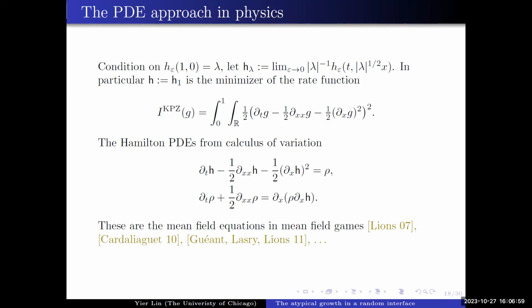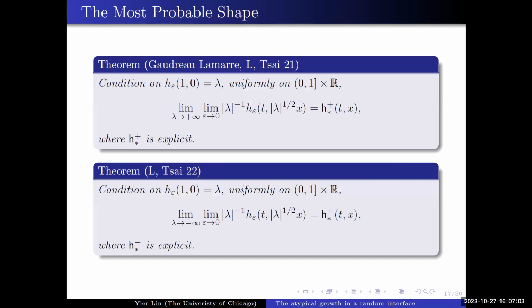Oh, by the way, in the previous slide you have the two limits, yes? Right. So can you switch the order? I guess not. This is a good question. The result only holds when you first take the noise to 0, then you let lambda go to plus infinity. Things should hold when you let lambda and epsilon both tend to their asymptotic limits with certain speed, but this is something we don't know how to prove.